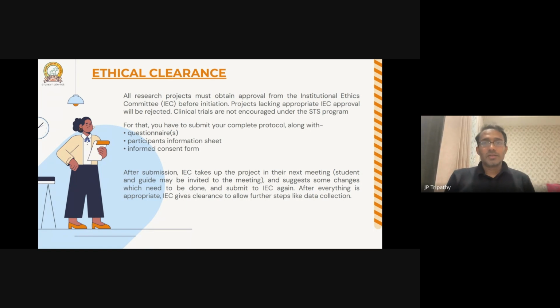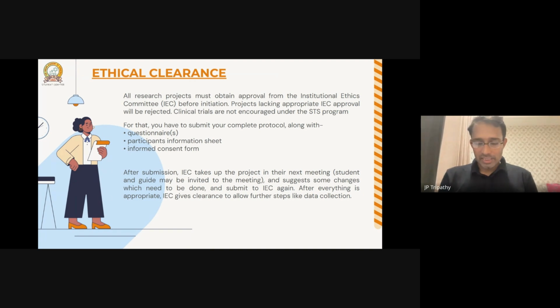This is probably the first research project that you're going to do, and ICMR wants it to be small, feasible, clear, and able to be finished within the timeline. And of course, you need your study questionnaires, your informed consent form, the participant information sheet, and IEC clearance is very important before you take up any data collection.